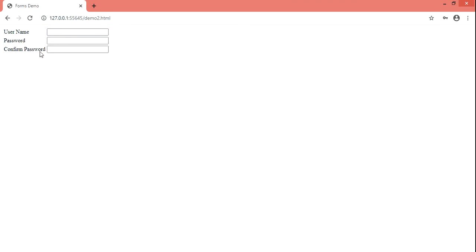So we get the confirm password field as well, right? So for username I can type, suppose Kishore, password 123, confirm password 123. Here we are not going to work on any validations or managing form data. We are just learning how to arrange the forms by using HTML.